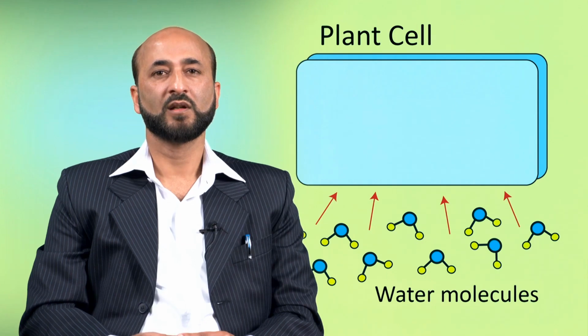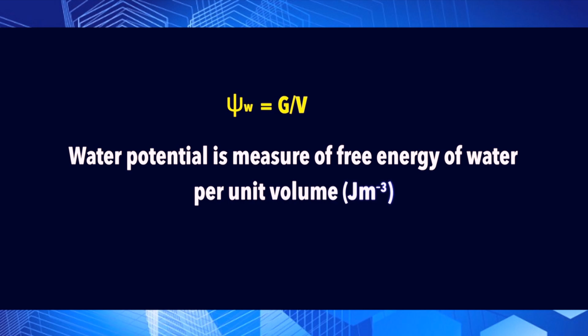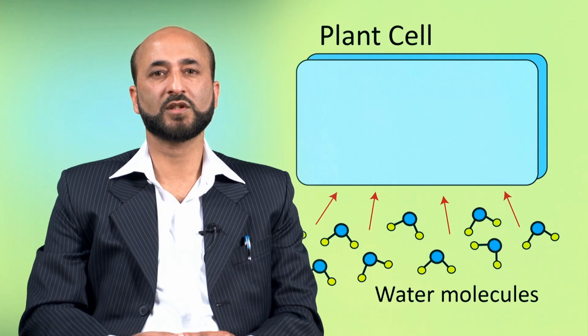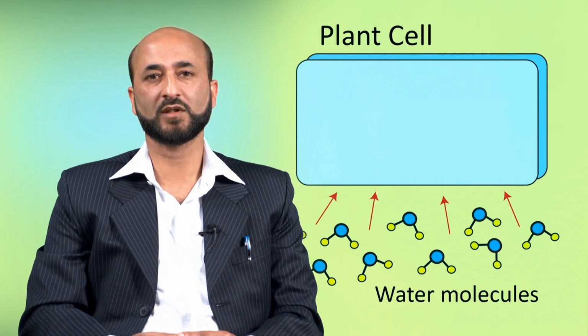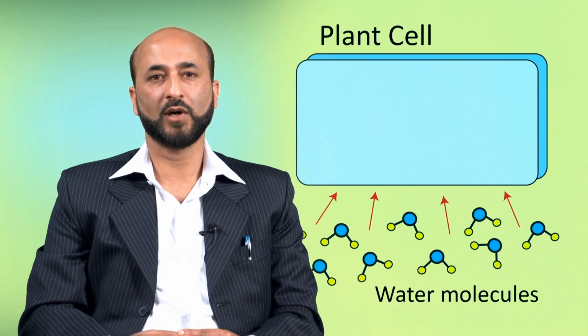Now, thus water potential is a measure of the free energy of water per unit volume, the units being joules per meter cube. These units are equivalent to pressure units such as the Pascal, which is the common measurement unit